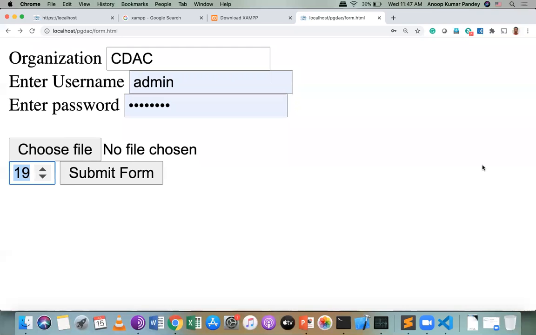Can we set uploading file size? Yes, we can set up uploading file size, but not here in HTML. It will be from either server side or using JavaScript. So server side, when the file is being uploaded, it will check what is the file size,